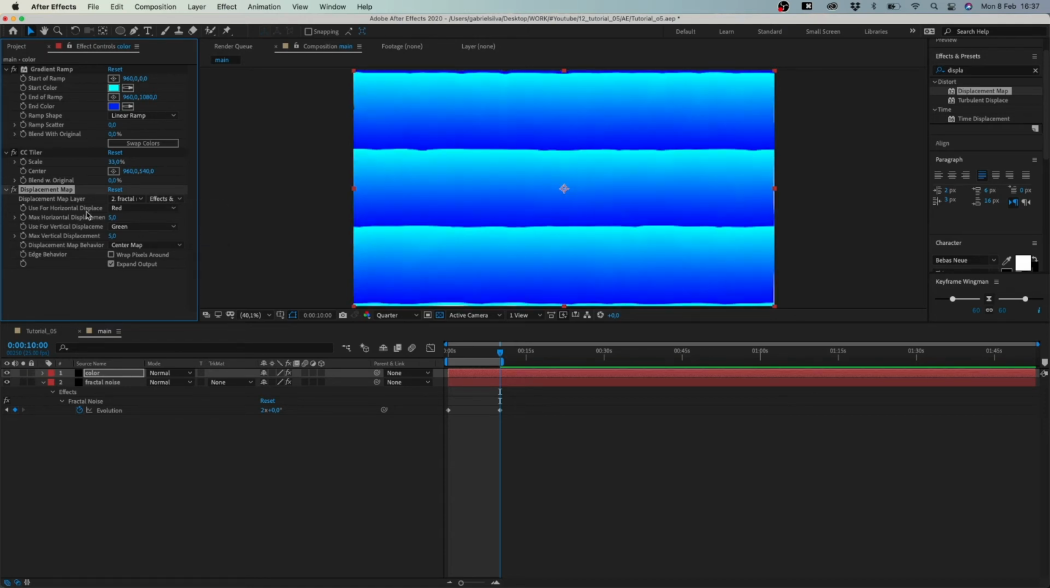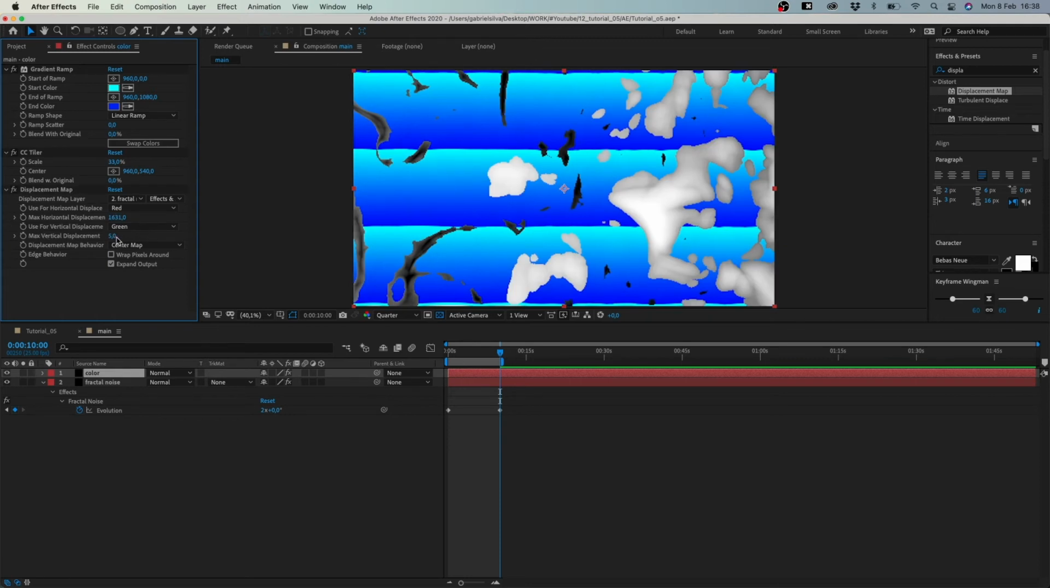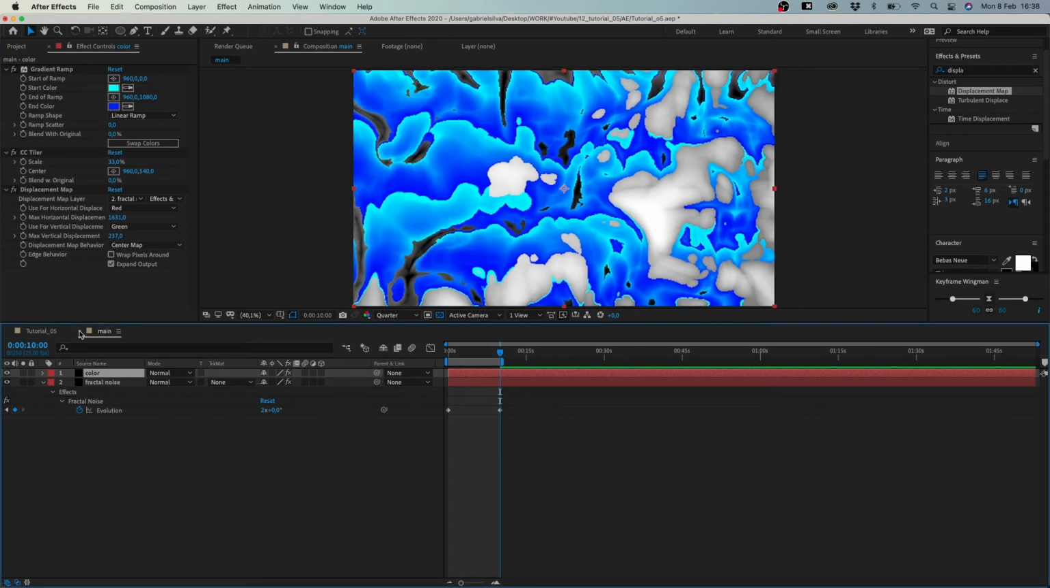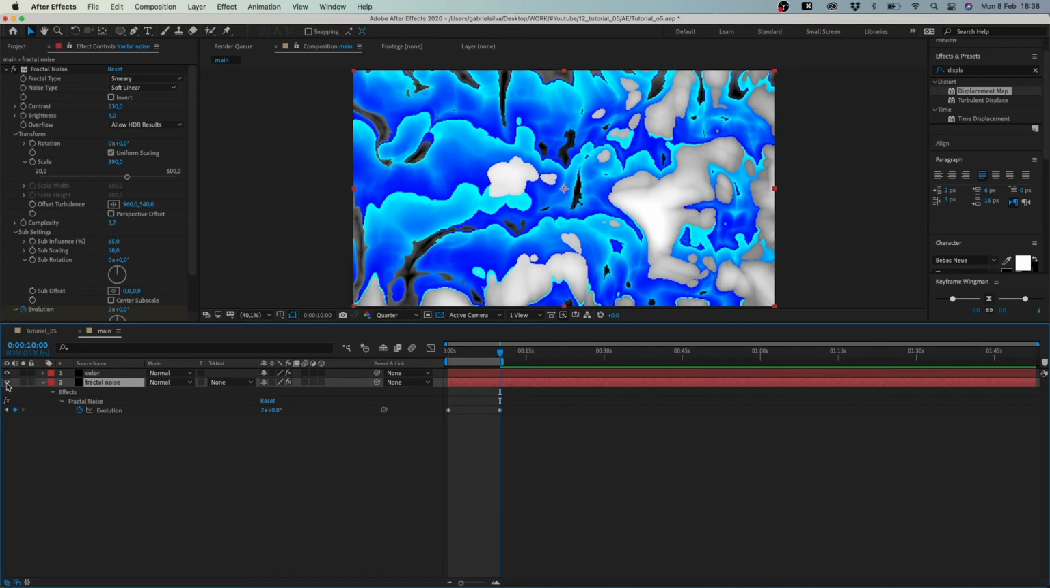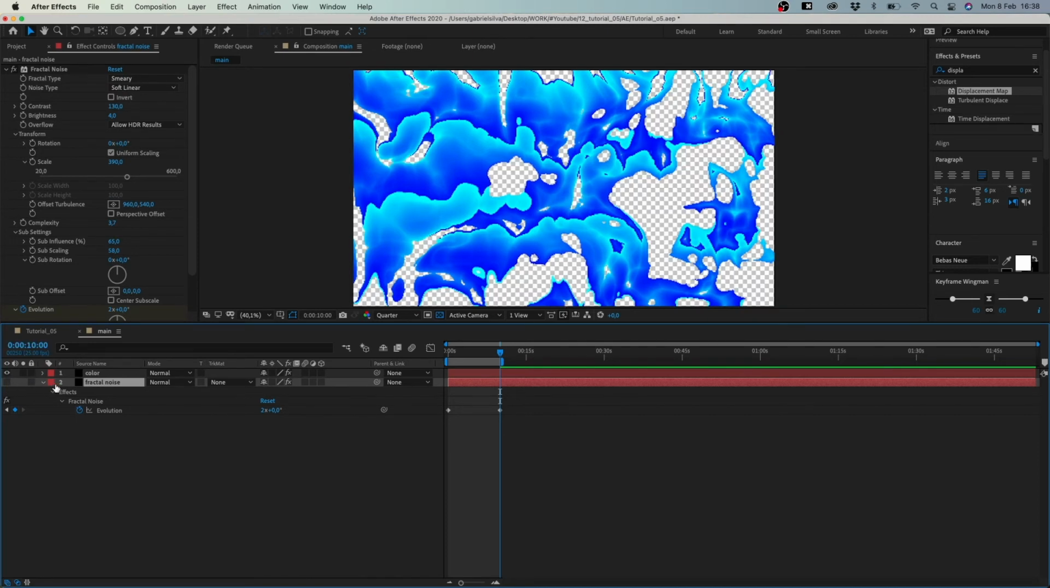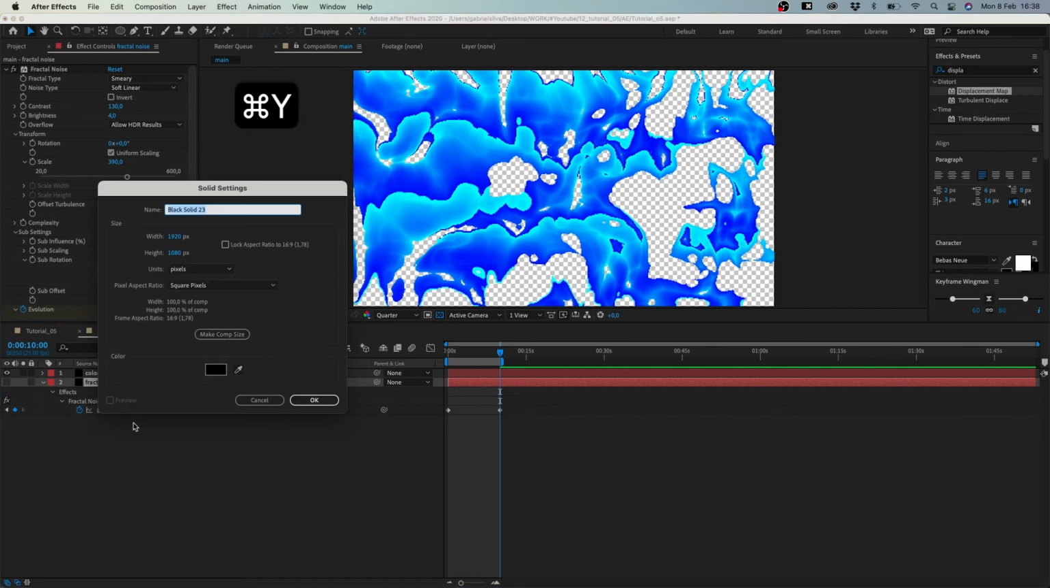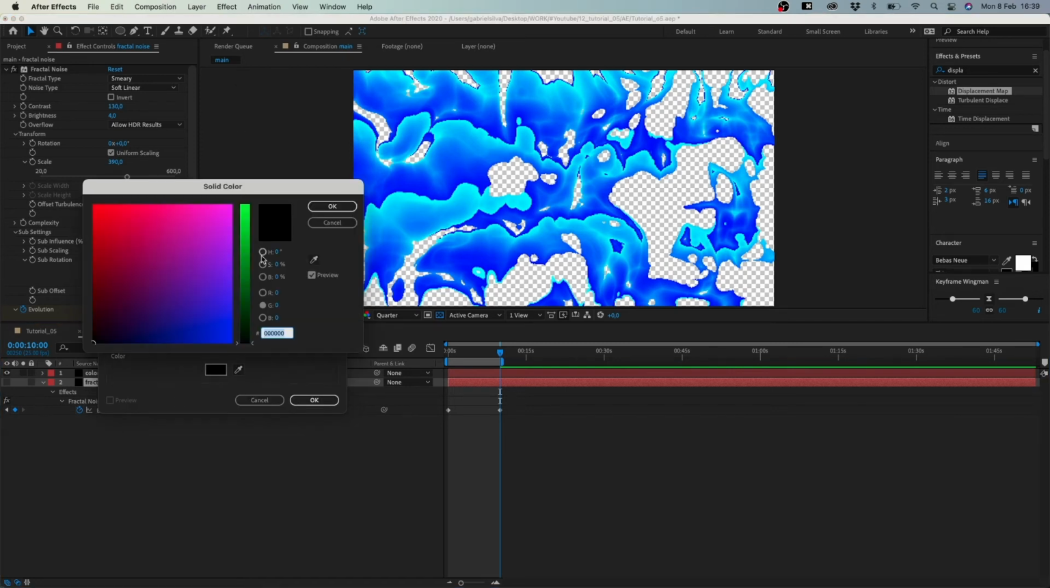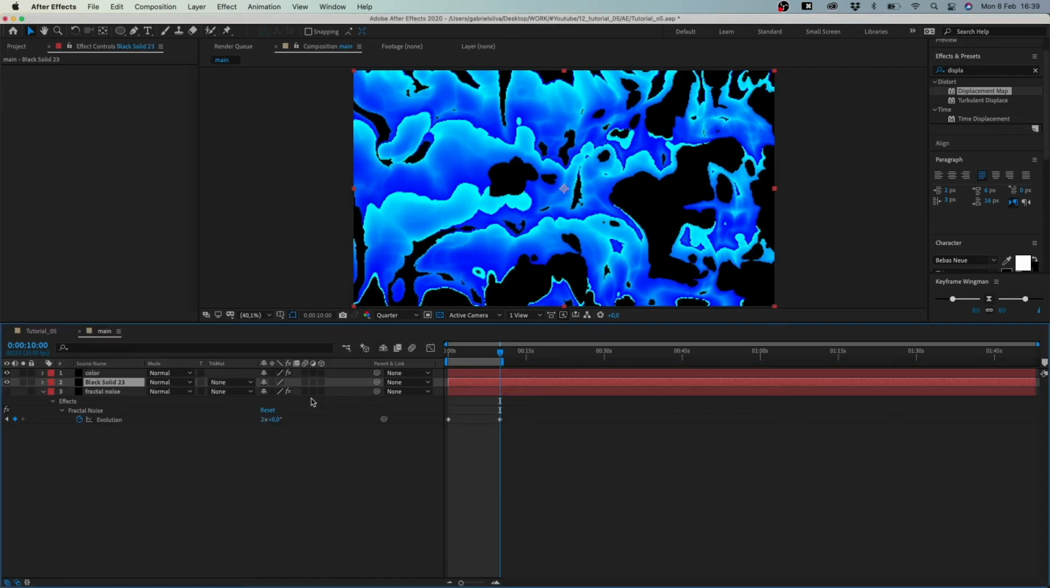We have to change these settings here, this horizontal and vertical displacement. So here we put 16 and 31, and in the vertical we choose 237. For now, we don't want to see this Fractal Noise layer. We create a solid layer in the background with black color. So, okay. And for the final effect, we need to add an adjustment layer